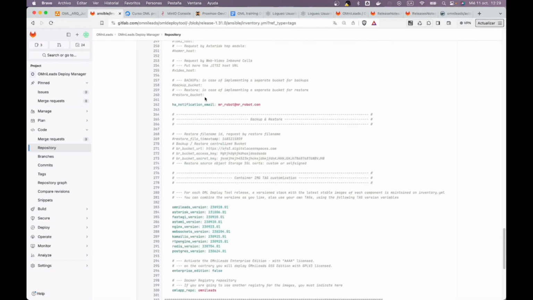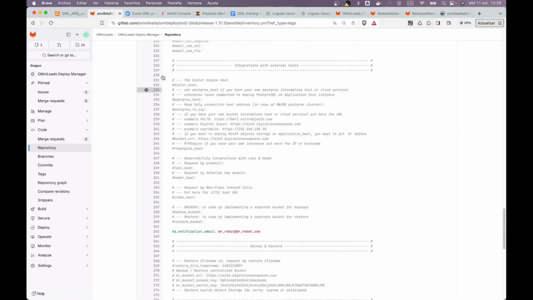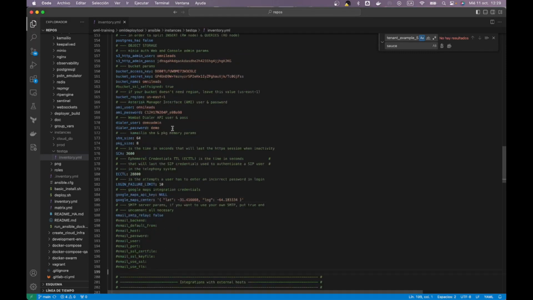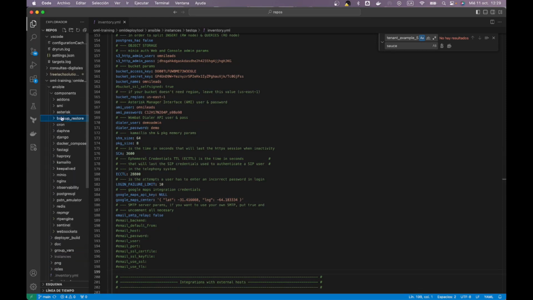Maybe in some special release, very occasionally, some new parameter will appear. In that case, we are going to see it in the release notes, and we are going to have to come and add it, especially if it is mandatory within the inventory that we already have generated. If we are in a Docker Compose environment,